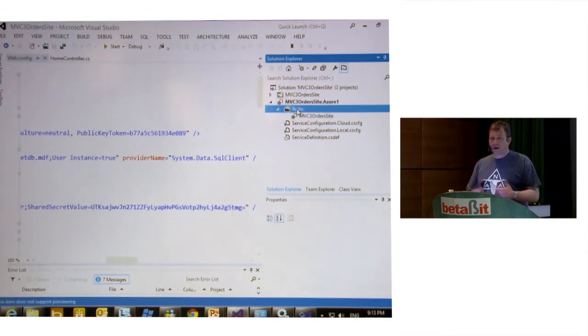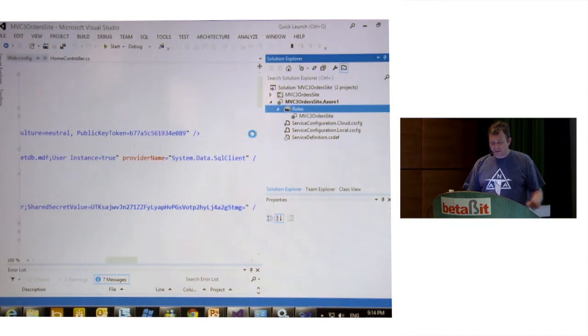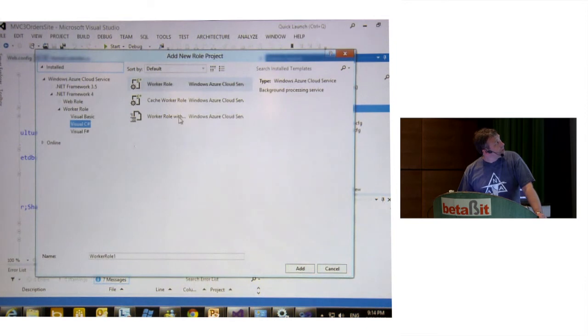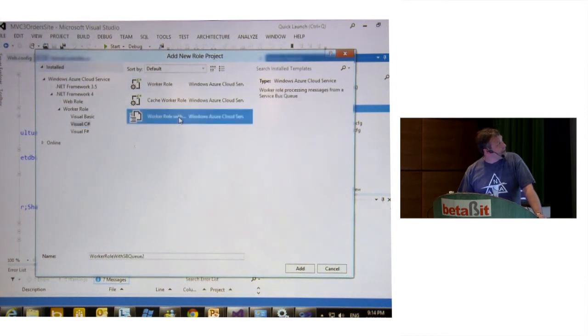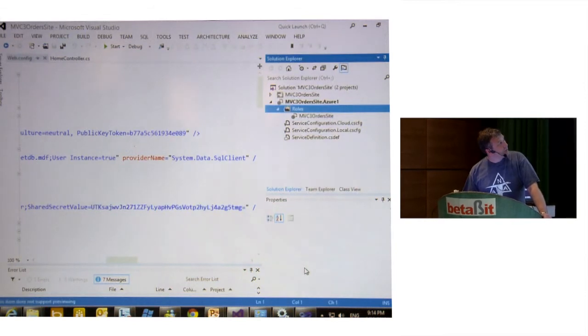So with that, we now have added the site. What we're going to do, we have the front end side, which drops the orders into the queue. So now we're going to do the back end and say add new worker role project. And the one thing we've done here, kind of to give you a little bit of a start for quick prototyping, is we added a worker role with a queue. So worker role with the Service Bus queue, and we're going to add this to the project. And really what we need to do in that project, as soon as that shows up,